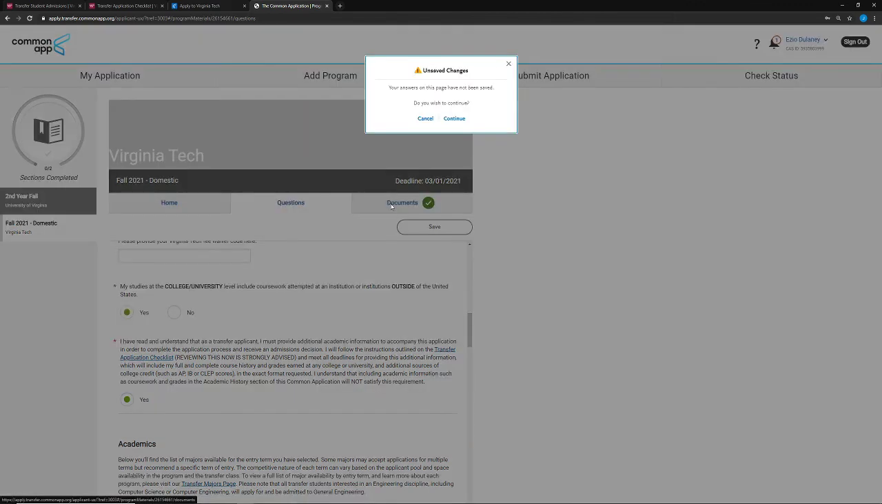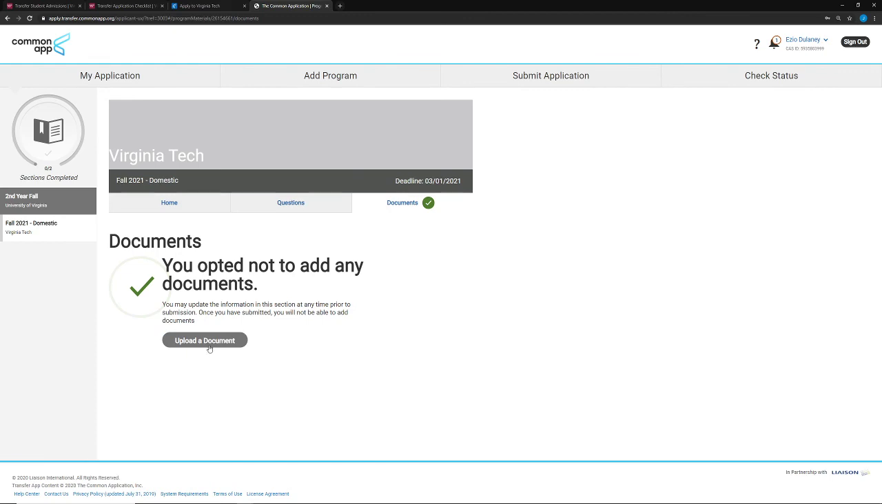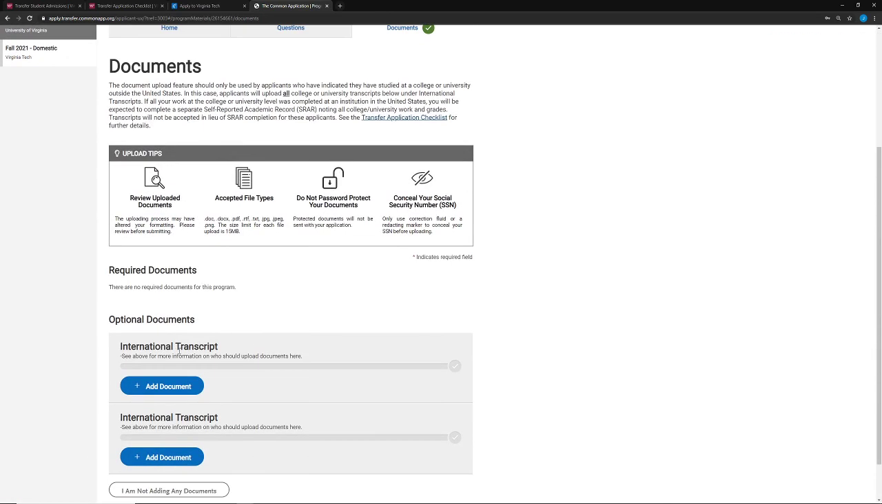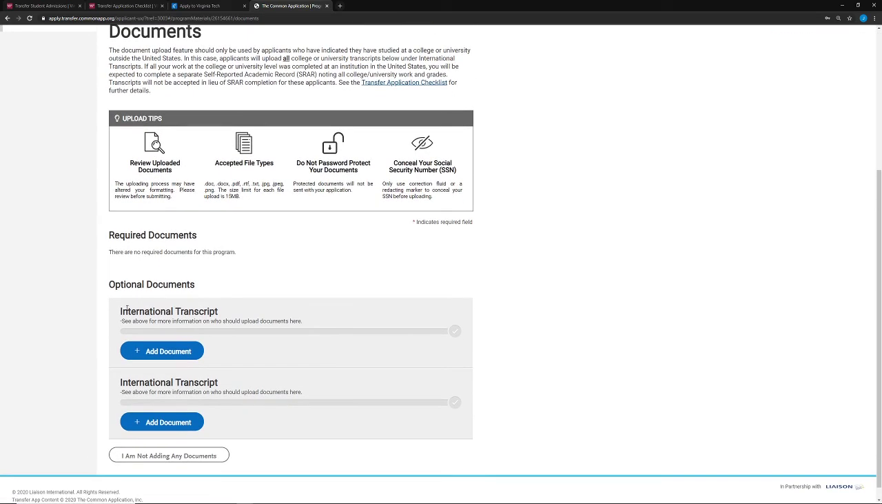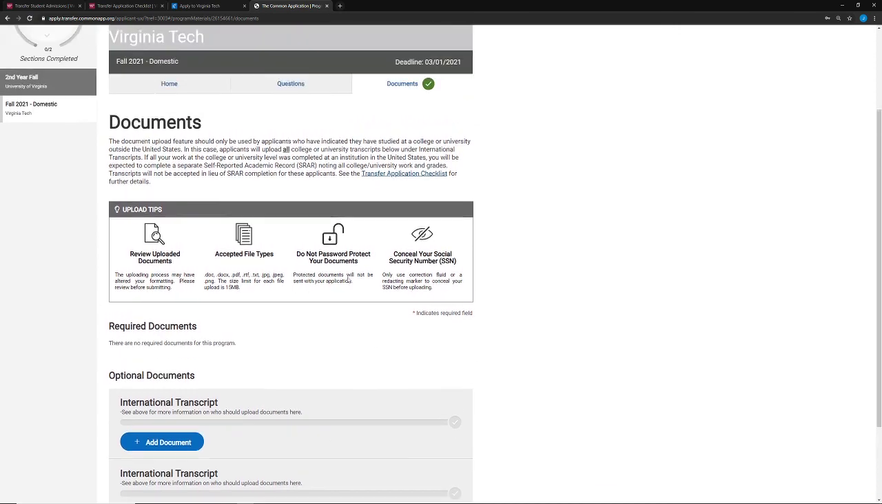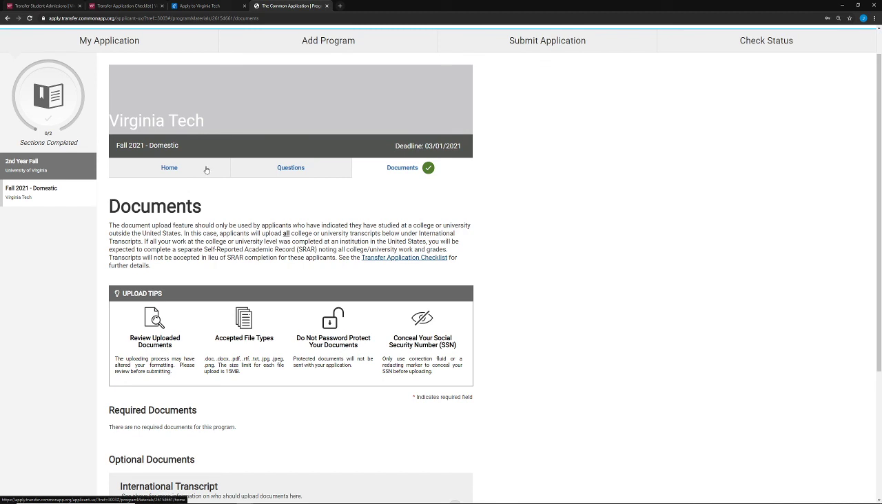But you can also go to the documents page here. And so you want to make sure you save things. You can upload a document, and then it says international transcripts. Again, those are the college transcripts if you've studied outside of the United States. You can add those right here, so that way they're packaged with your application. So again, that only applies to a small portion of our applicants, but I wanted to express that kind of succinctly as possible. More information about that on the transfer application